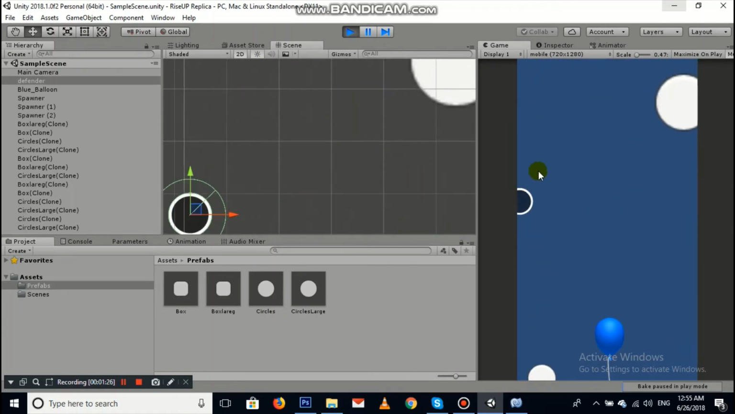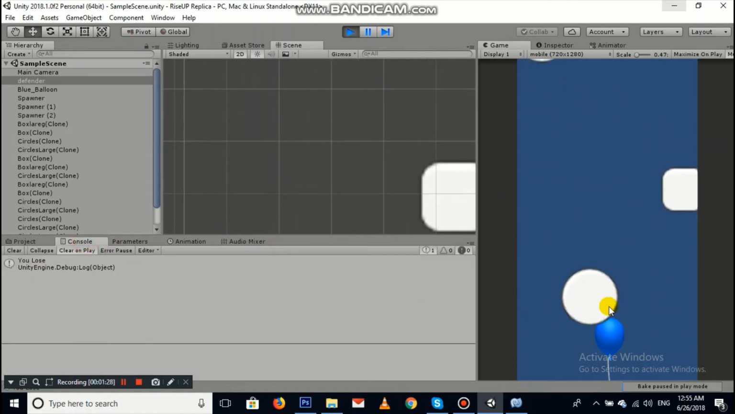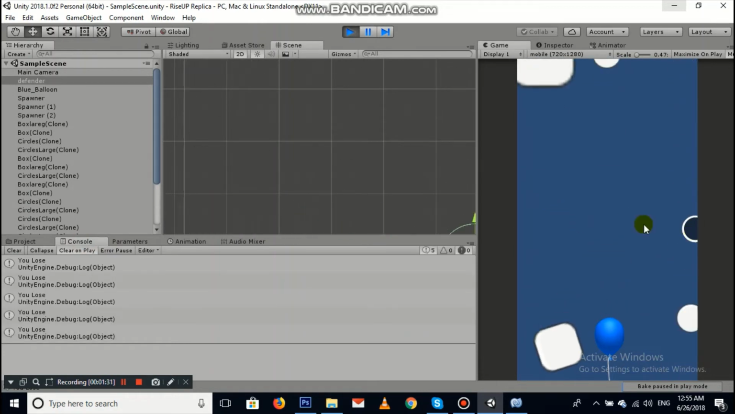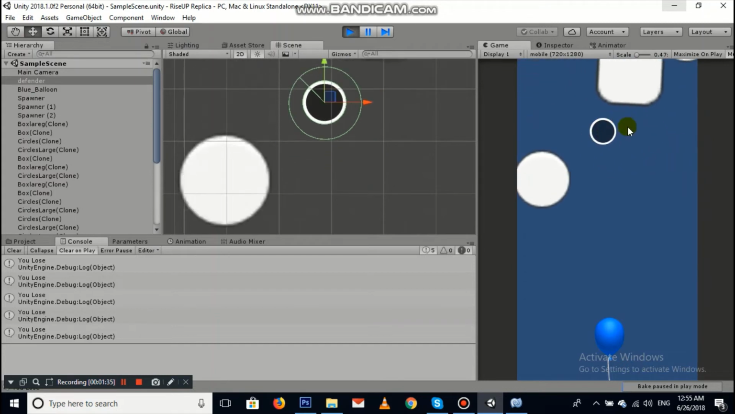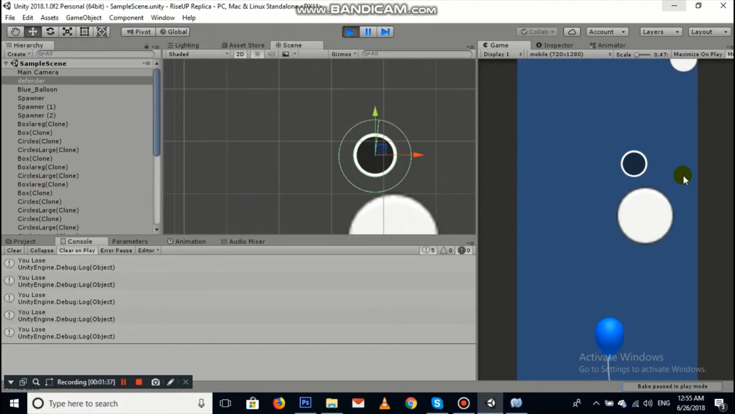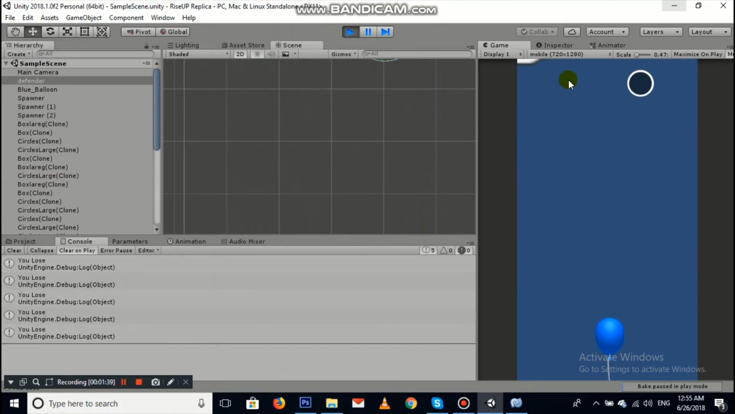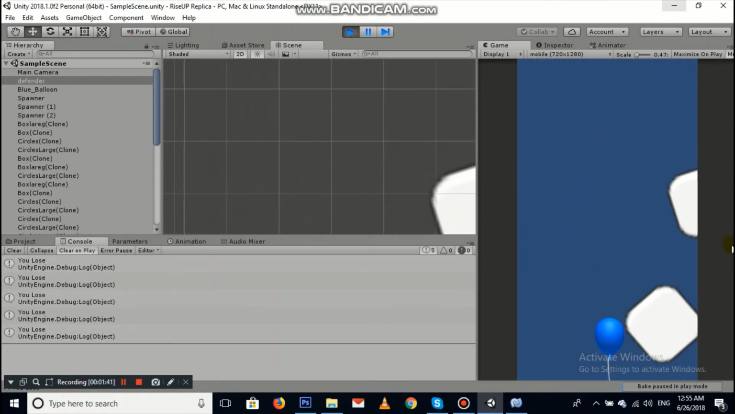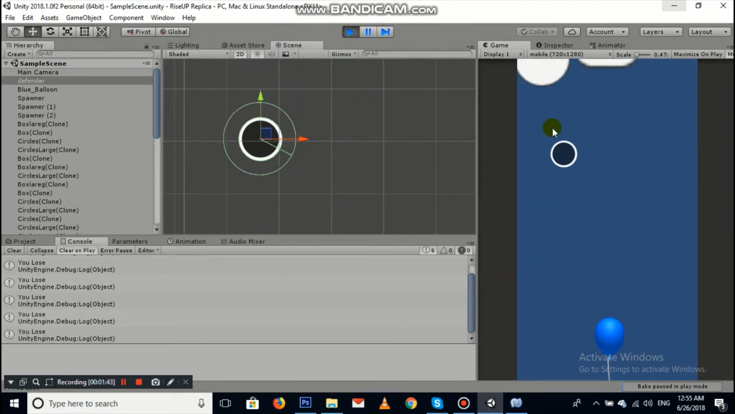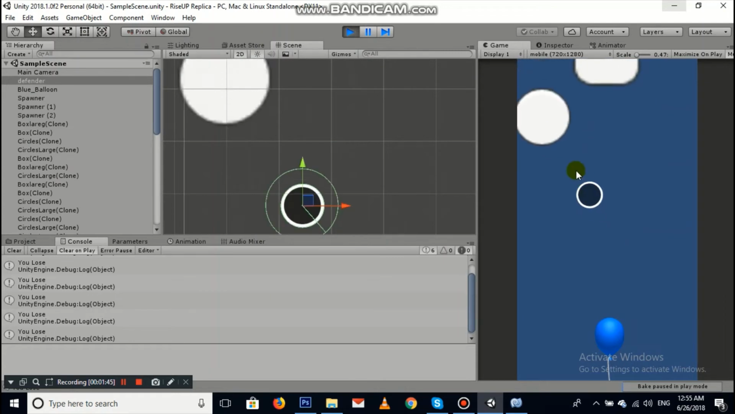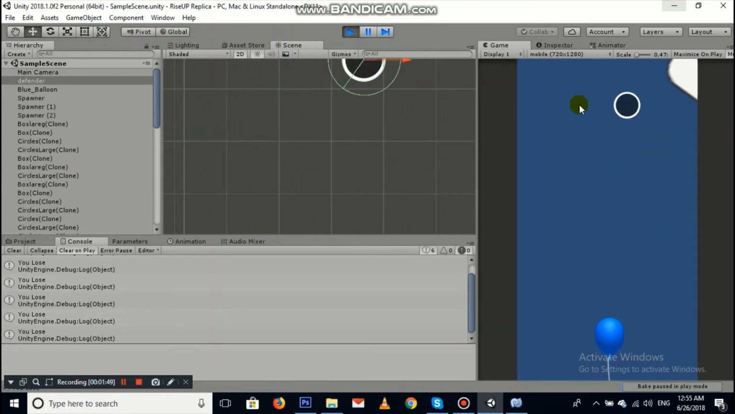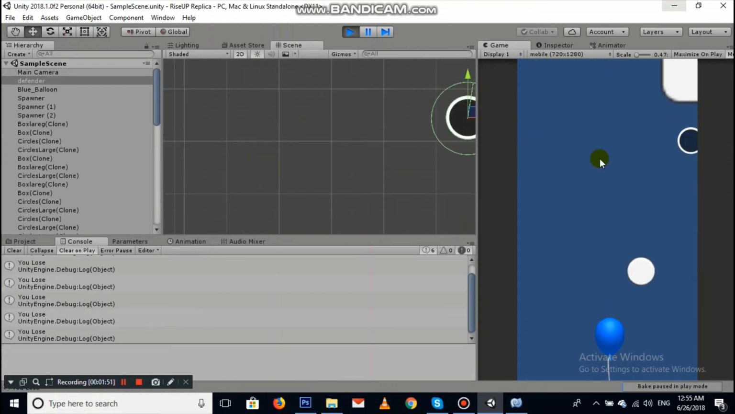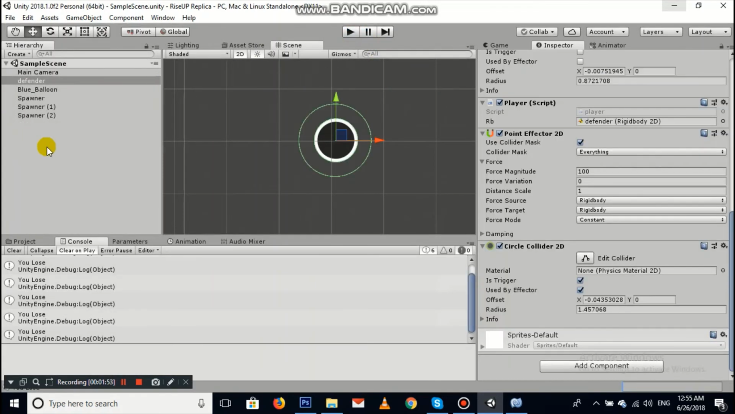okay, and when our sprite collides with our balloon, our log prints you lost, which means you can run any function here. Of course, the reset scene function or the main menu function or any other which you want to run. Okay, so now I'm going to create the